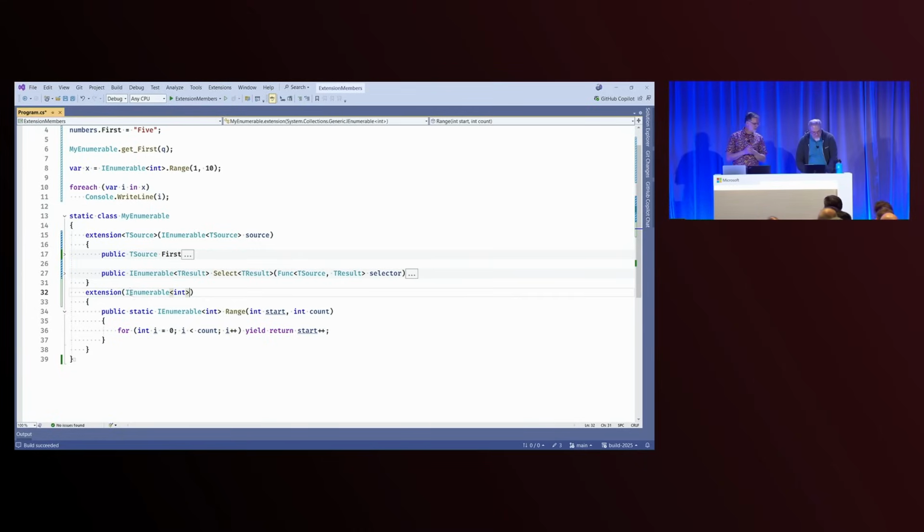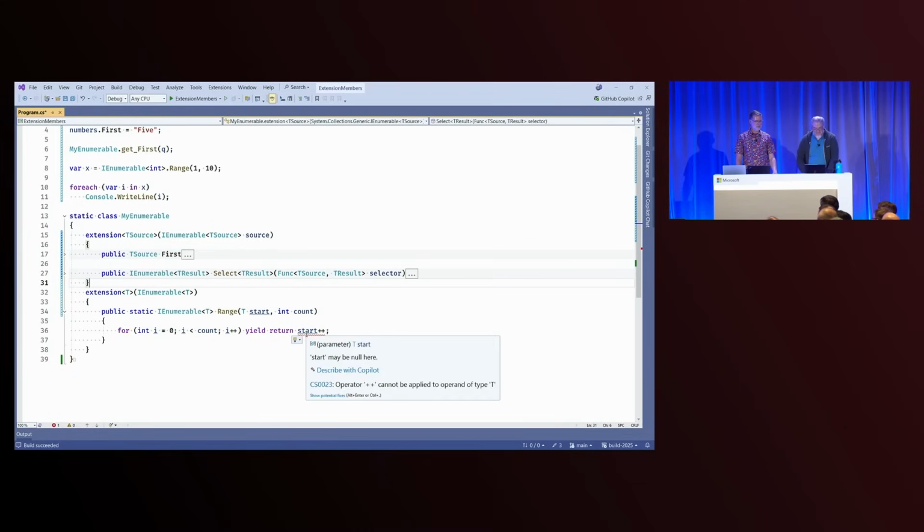And so, just for fun, let's go and actually generalize this a little bit. So we could make this generic now. We could say, okay, it's an IEnumerable of T. It's going to return IEnumerable of T. To give it its starting number, it'll be a T. And of course, this doesn't build. There's no way to do that on T. But again, generic methods are the place where all the special stuff goes, so we can put generic constraints on here. I could say where T is an INumber of T. And magically, now I should be able to come over here.